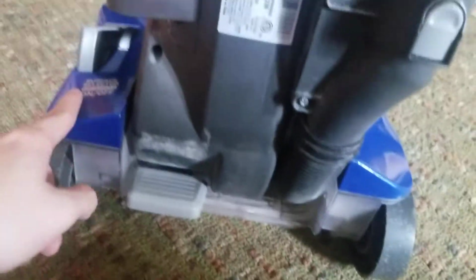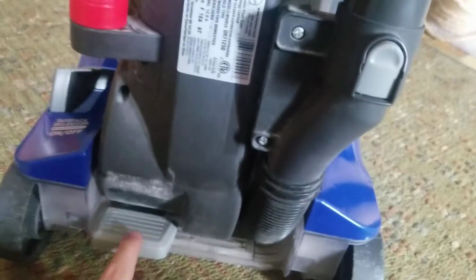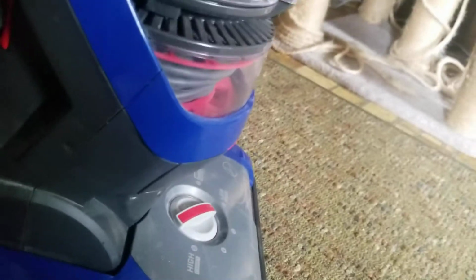Another pro that I like is how low this is, where you have to put minimal effort to get to this. It's not way up here, it's down here, so it's a lot easier for your foot to reach. So yeah, this is the Hoover Windtunnel 2 Whole House Rewind,